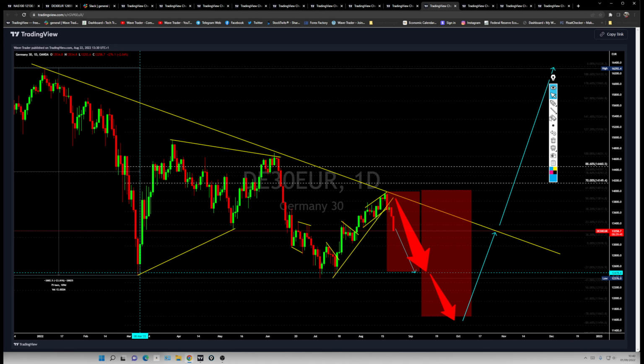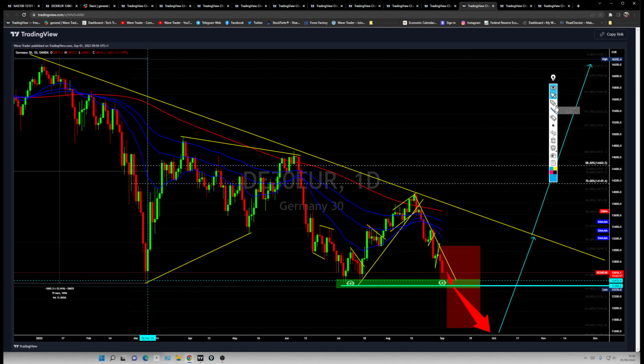German 30 is also heading lower for the next leg. It is about to tag this previous low. There is a possibility, as said, that we may see a breakout of this previous low and price can form a new low. If we see that breakout, then let it break out. Do not rush to buy. Once price has had enough price action, then start looking for a similar kind of move, or possibly all the way back to that previous top. So it's not ready for buy. Do not rush to buy. There is a possibility that it can still break down.